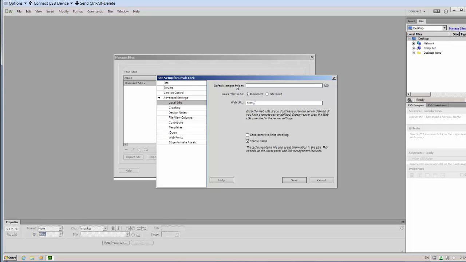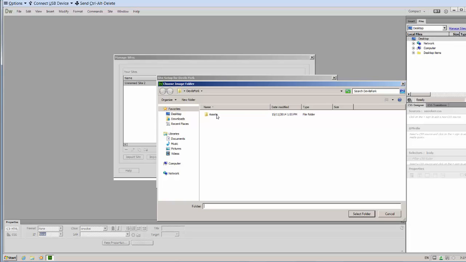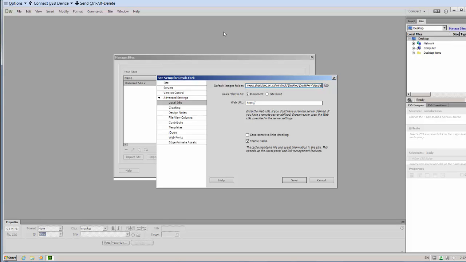I want to tell Dreamweaver that any linked images can be found in that folder, and where to find that folder. My site is quite simple. I only have one Assets folder, so it's going to be really simple to locate. Double click on Browse for Folder, click on Assets one time, and then click on Select Folder. If your default image folder has the last word Assets, you know that you've done it correctly. Go ahead and click Save,